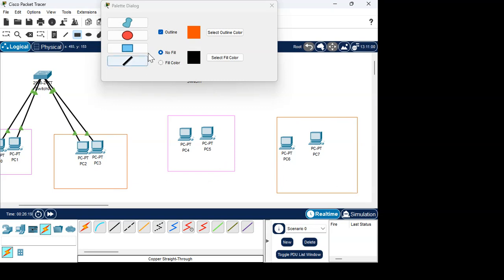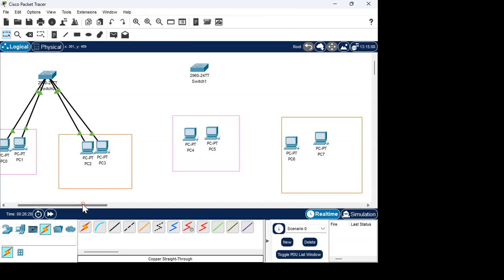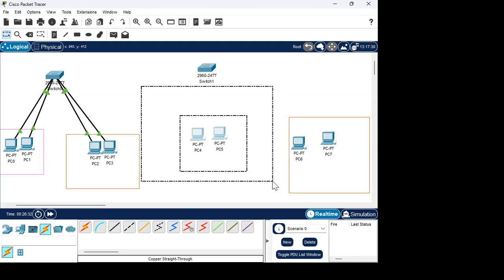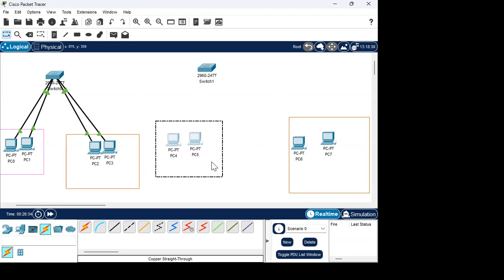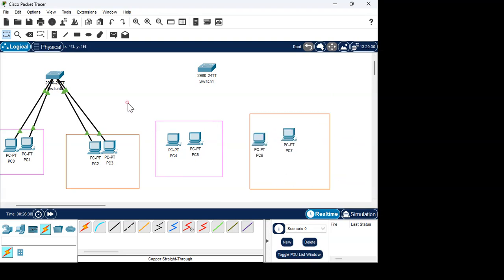So automatically you can tell that this color belongs to this. Okay, so still now when it comes to this switch here,